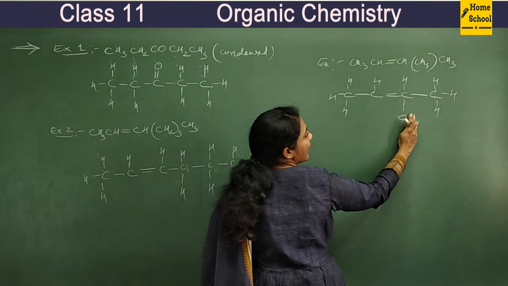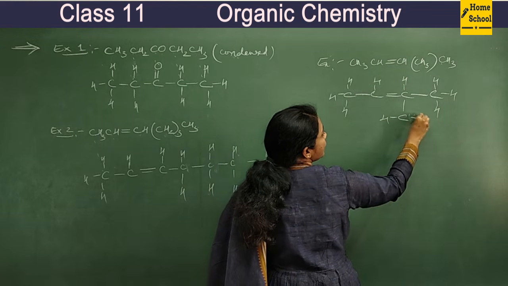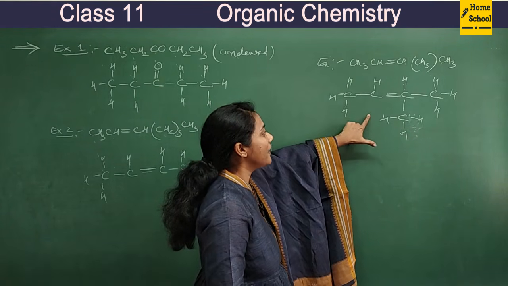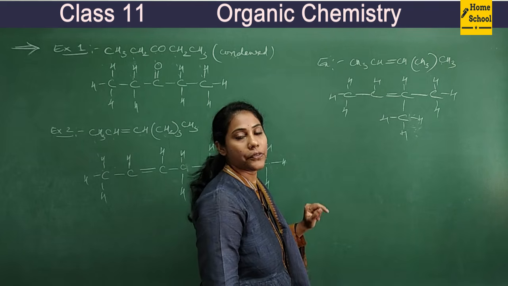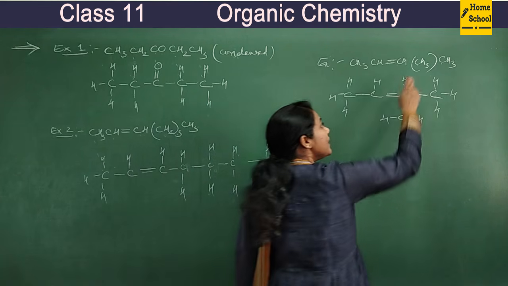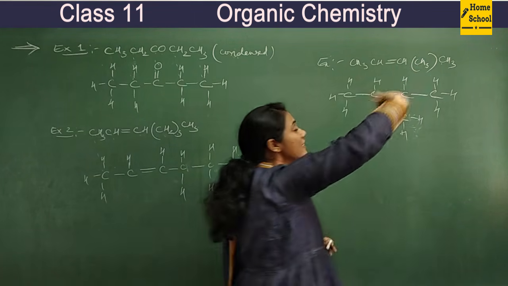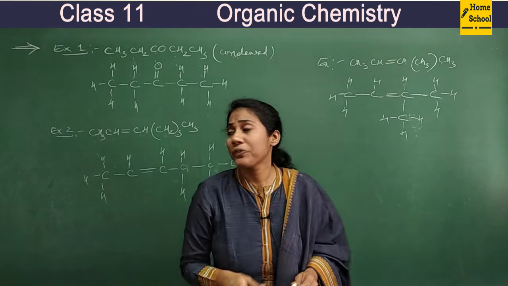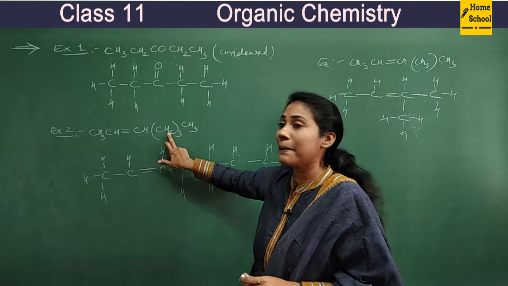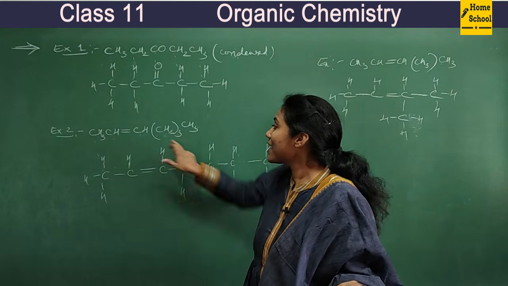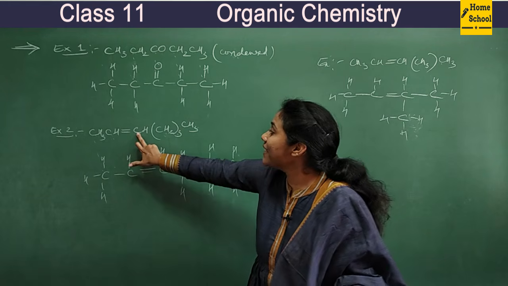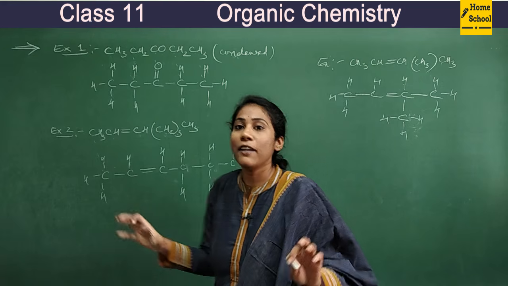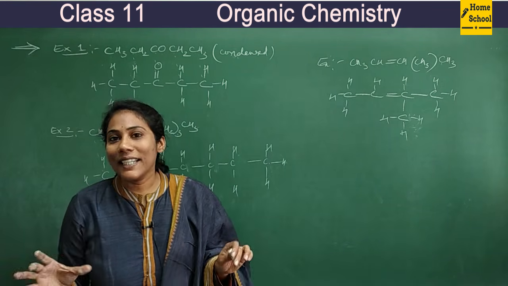So I mentioned it as a branch. Again, this carbon has 3 hydrogens. So elaborate it like this. So this is the expanded formula for this condensed formula. Okay, so you have to be very careful. If CH3s are there in a bracket, then you consider them as a branch for the left side carbon, that is the previous carbon. Okay, if CH2s are there in a bracket, they are not branches. They come in between this C and this C, in a line only. So these are a few examples that you need to practice and learn.